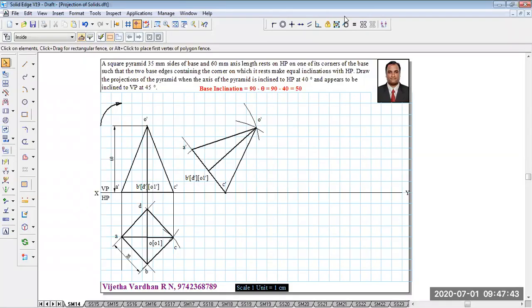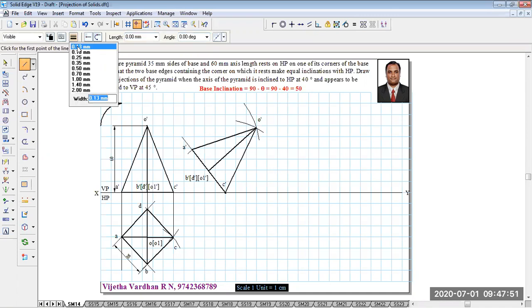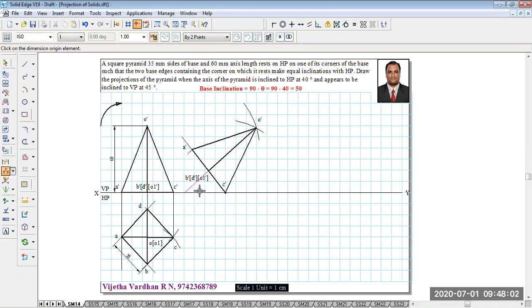Yes, guys, now you can observe that just to save time in the video, I have completed it and I'm showing it to you. Afterwards, using your scale and pencil, since the axis inclination is given in the question, draw a line which is parallel to this line like this, and then show that the angle of this axis is 40 degrees in your booklets. This is what the actual representation should look like.